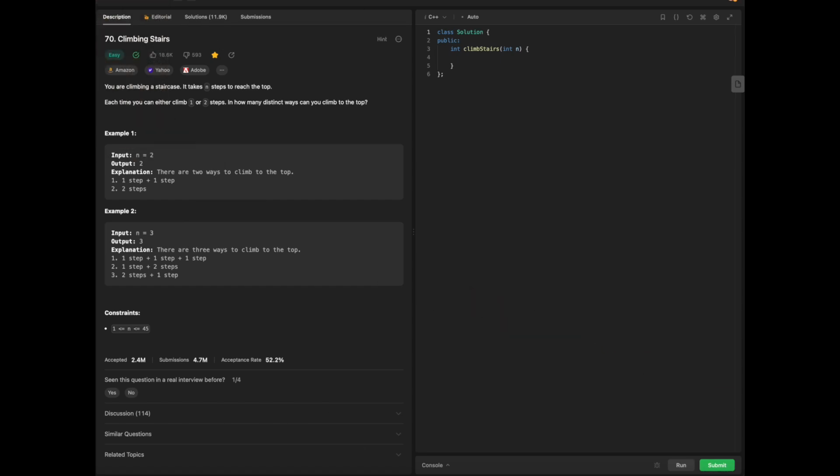Hello everyone, today we're going to be doing some Lead 75 C++ LeetCode, and today we are focusing on Climbing Stairs. Now, before we get started, let's make sure we break down the question and ask ourselves the questions: